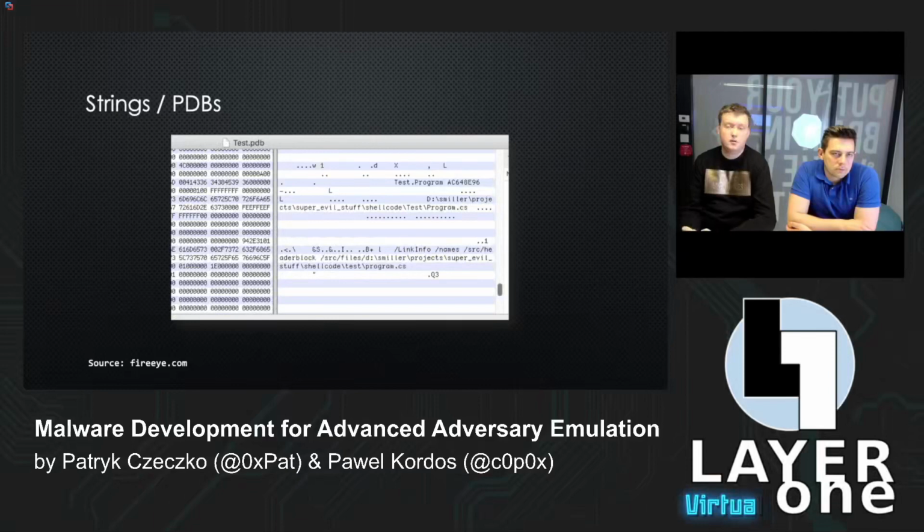Of course, this file is not attached to the executable file which will finally be produced, but in your executable file, you will have a reference to this PDB file in your home directory or in the folder where your project is. So if an analyst or whoever performs a very simple search through your file,